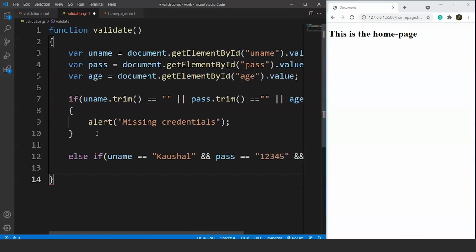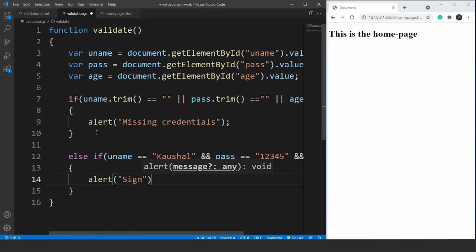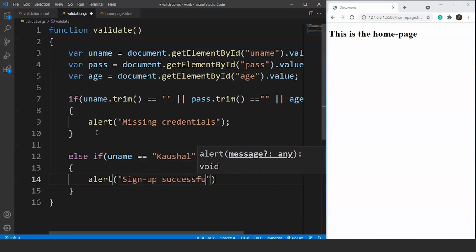Then it will give the user a pop-up, and which states that we'll write here alert, we'll write here sign up successful. Fine, save it.